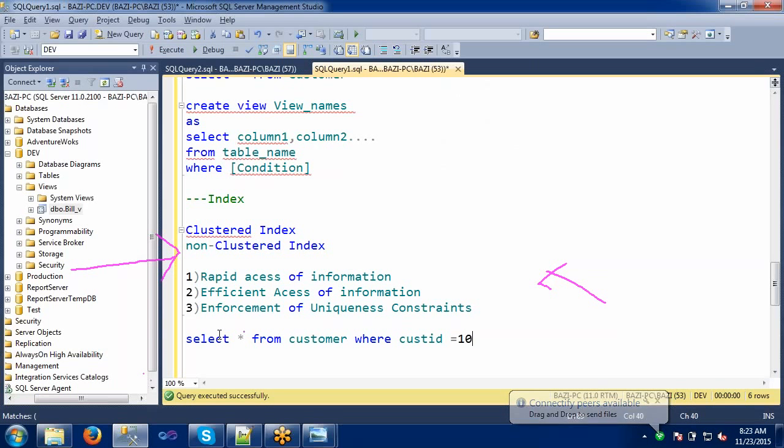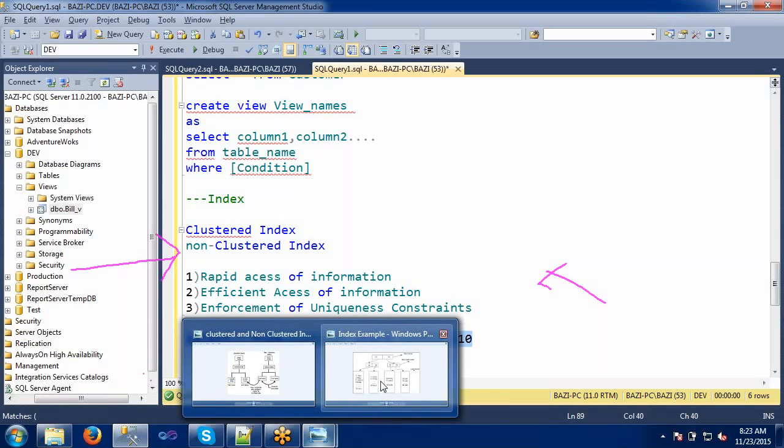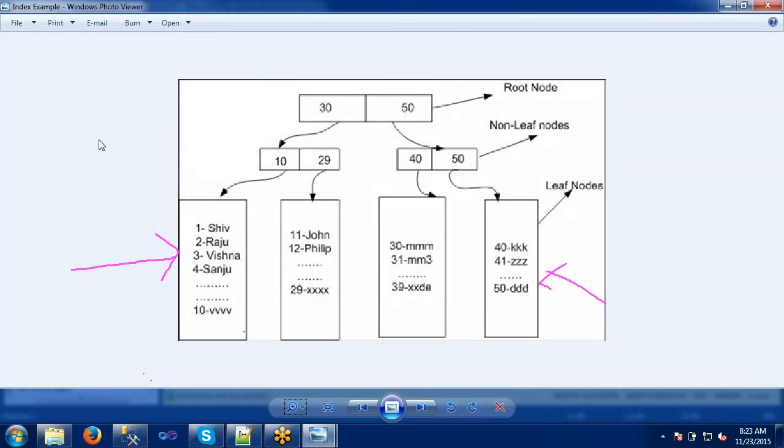This is my query. Without using any index, if I run the same query, it has to traverse all the records I showed earlier. If I create the index, I will show you how much time it will save.